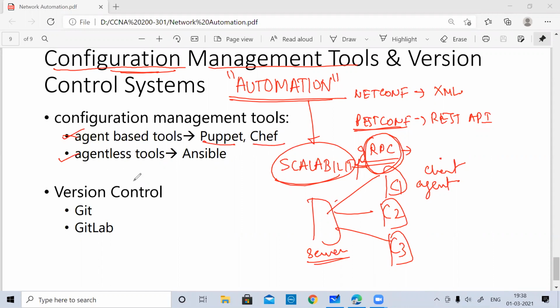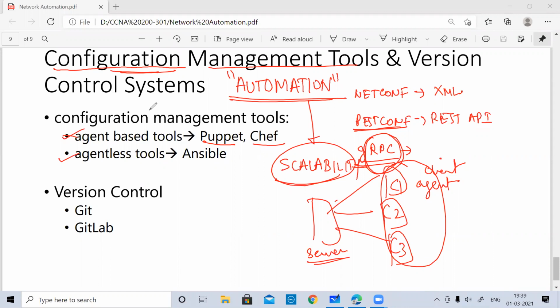For agentless, a very good one is Ansible. You can just start right away. You don't need to go and install anything on the client systems. You just need to start by downloading it, and you can start accessing this tool right away. So configuration management tools are nothing but the tools that actually do the task for you by automating things. You can configure at a time, maybe let's say 10 routers, 100 routers. You can just push the script and your tool is going to get the work done for you.